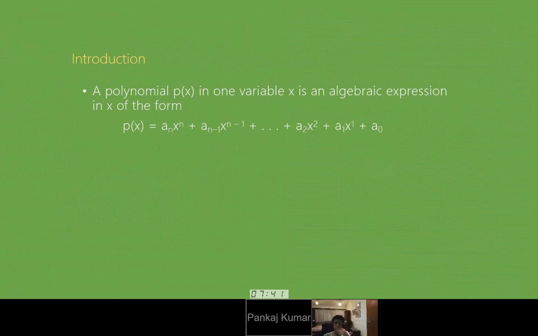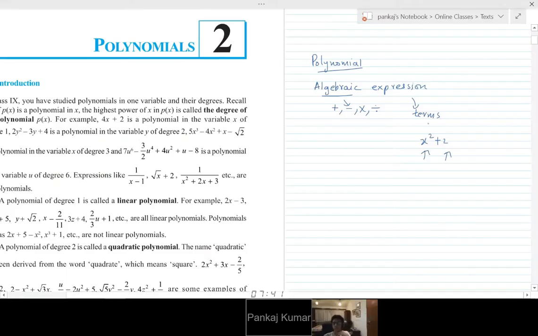Now, what are terms made of? Terms are made of constants and variables. So again, what is a constant? What is a variable? A constant is a real number, a rational number, and a variable is like x, y, which can be anything. It's more or less that much.